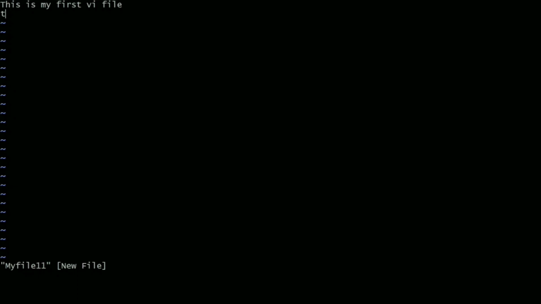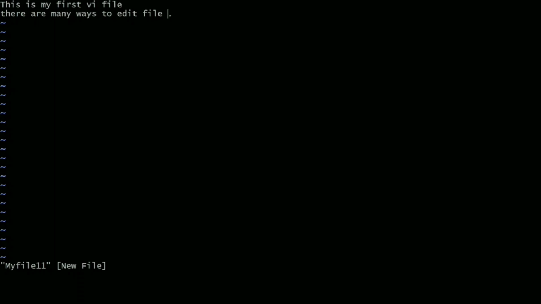Here we write, there are many ways to edit a file. To come out from insert mode, we will press the escape key.